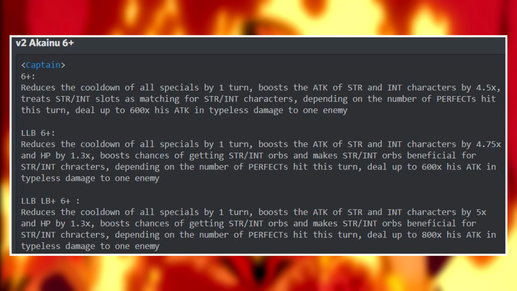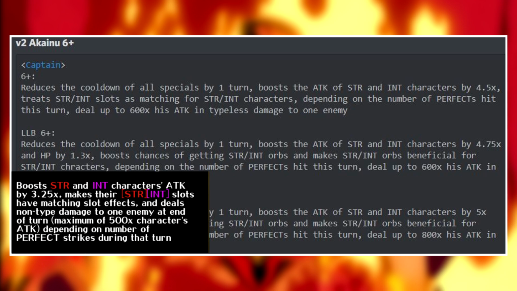Let's jump into the official One Piece Treasure Cruise Discord. The link to join will be in the description because all of the information is provided there, so shout out to Cario for providing it. On the left you can see the current 6-star version of his captain ability, but now